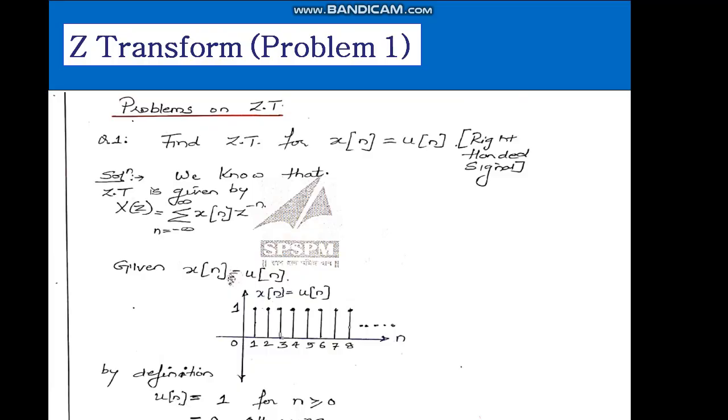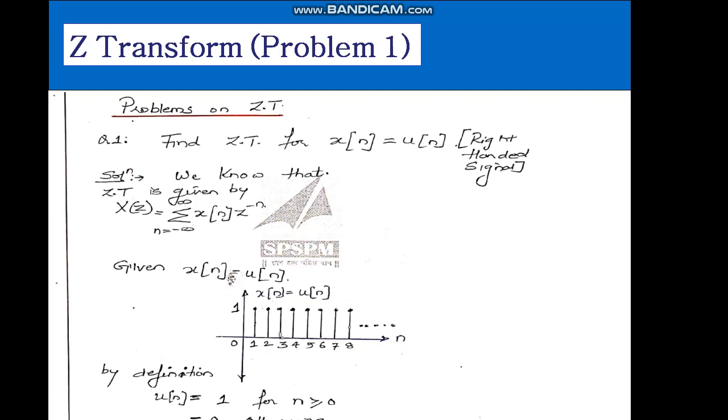Previously we have seen what is the definition, application and the ROC of ZT. Now we'll try to look into some of the problems for Z transforms, some of the standard problems. So here I have taken a problem which is a very basic problem, and the problem is given as find the Z transform of x of n equal to u of